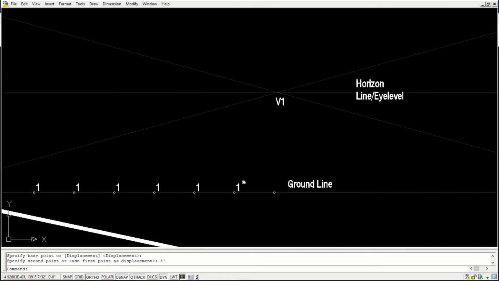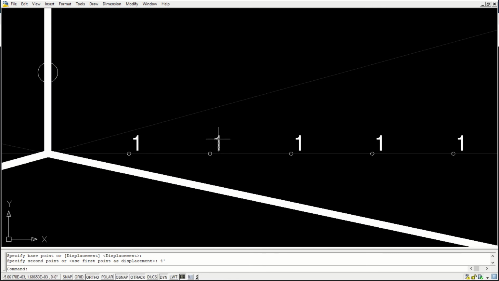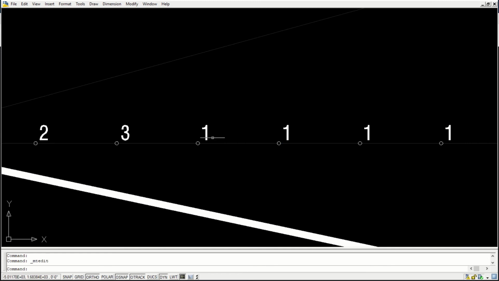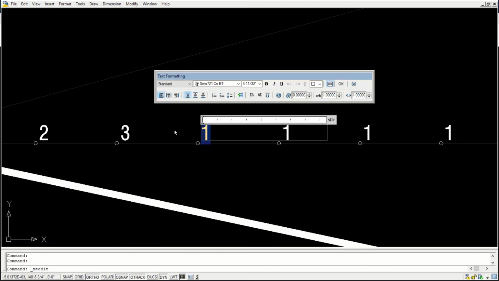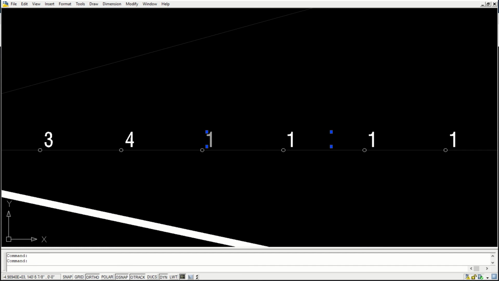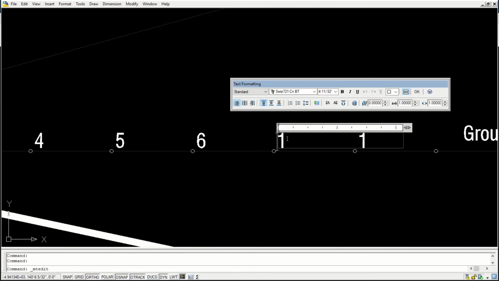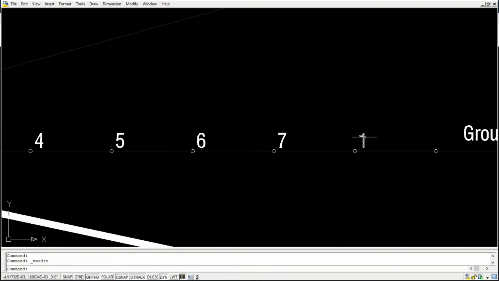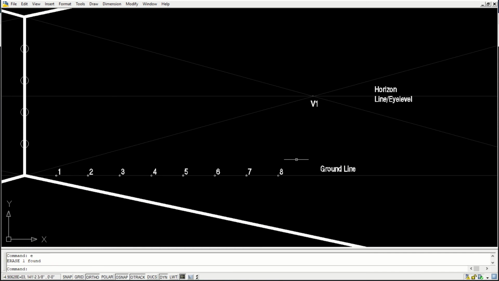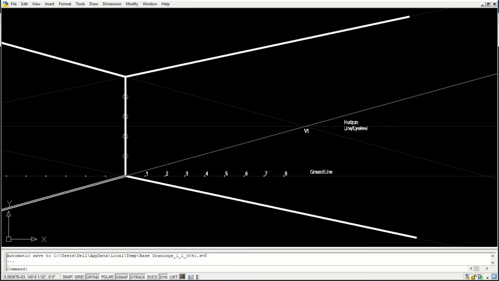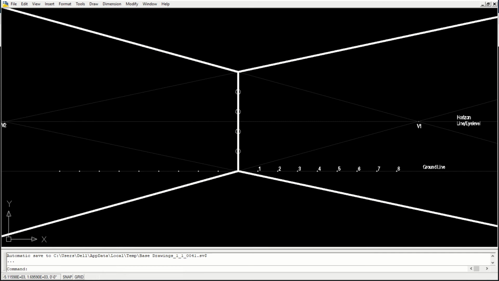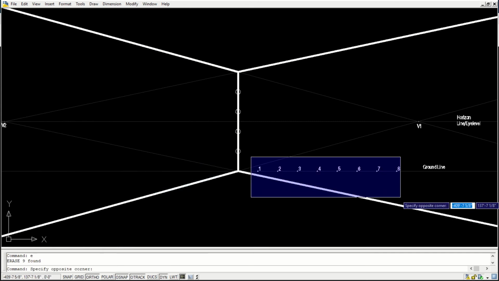Okay, so for 16 feet it's a 2 feet grid. So this is 4, 6, 8, 10, 12, 14, 16. Okay, so the 16 feet grid has been marked here.